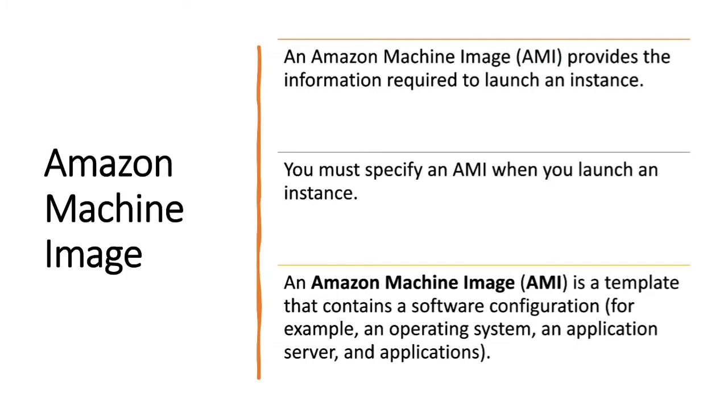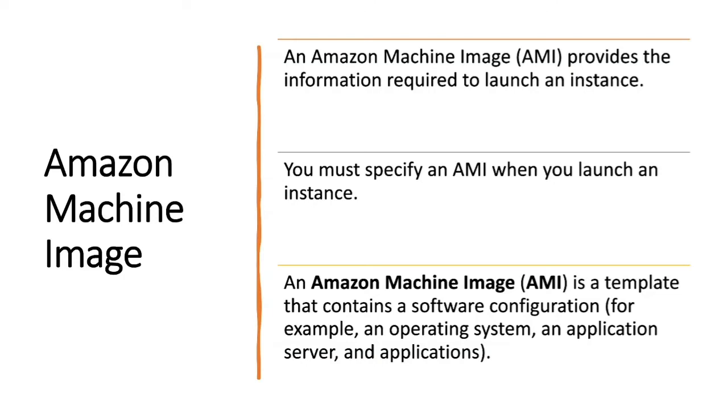So what happens when we launch our instance is that we need to tell what type of operating system we want for that instance, what type of launch permission we want for that instance, and what type of memory we want to associate with that particular instance. We also want to specify what type of applications we want in our EC2 instance to get launched at the time of launching itself.